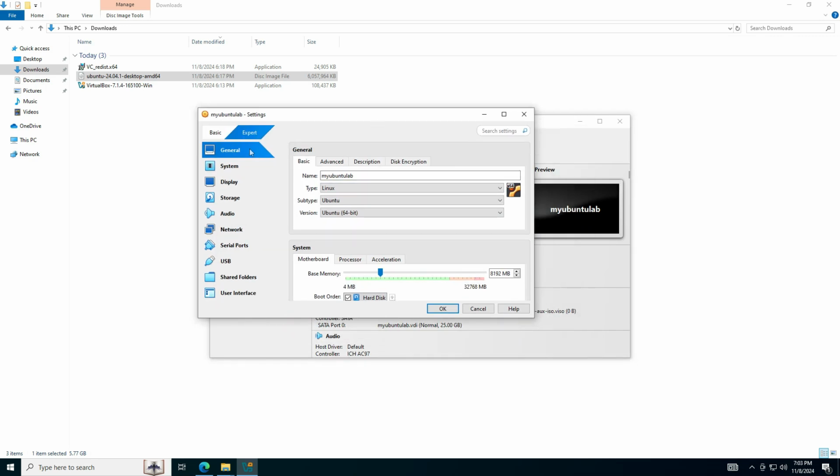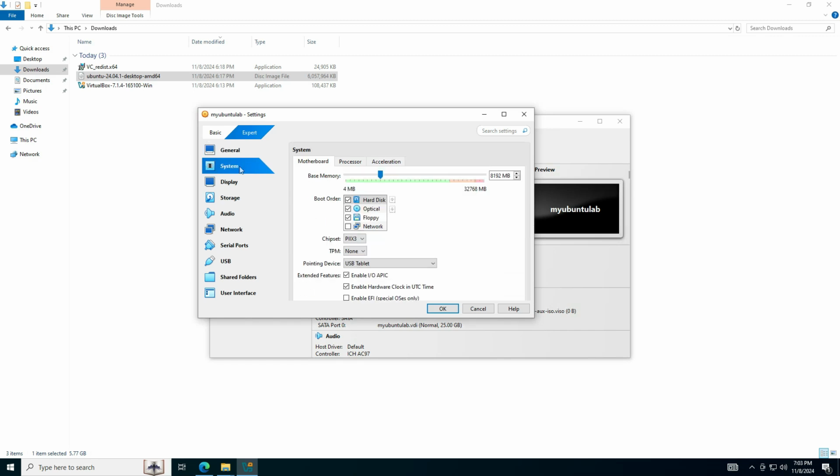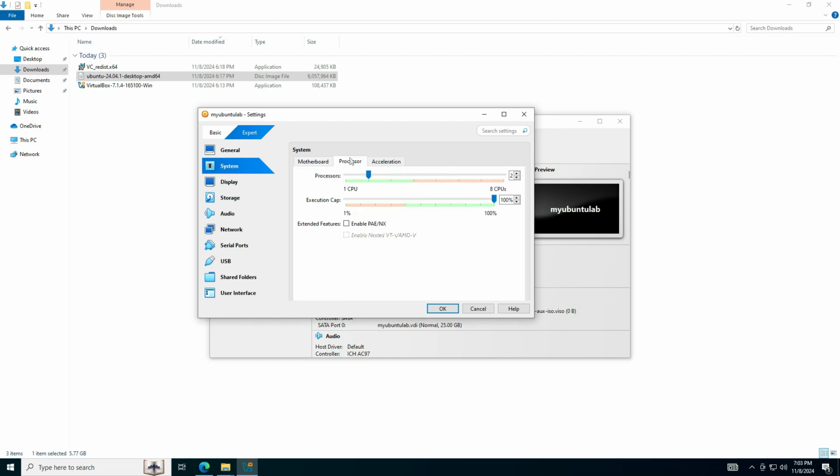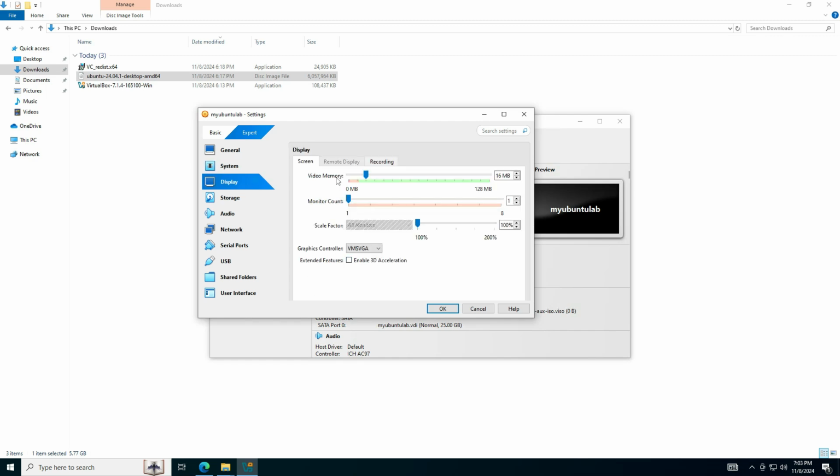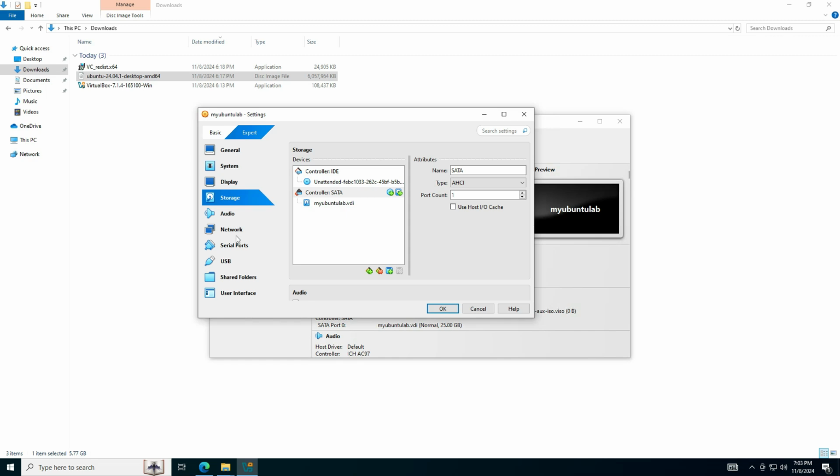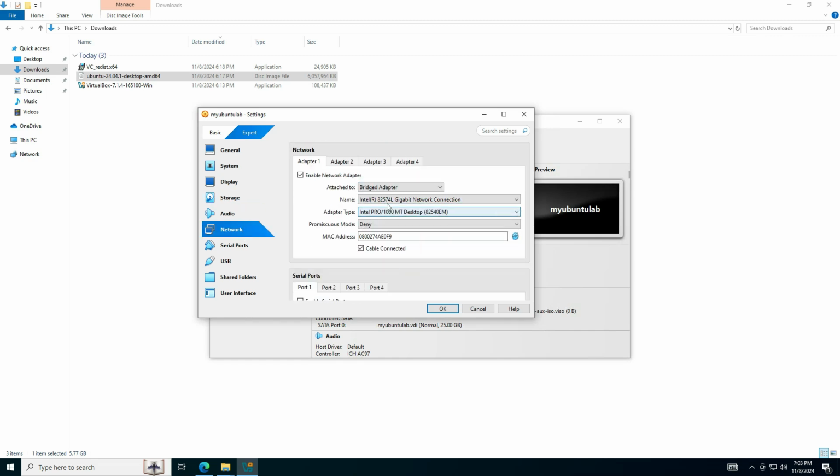So here, if you come in the general tab in advanced, these are optional settings, but I like those. So choose bidirectional. In the system, you can use a pointing device as mouse, and the processor is okay, so just leave the defaults. For the display, I want to choose the video memory of 64 MB, and leave it as VMSVGA. Storage, leave as it is, and in the network here, make sure this is bridged, because you want an IP address in the same subnet as your